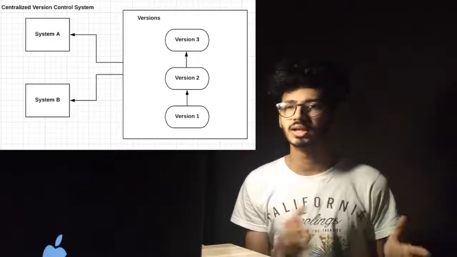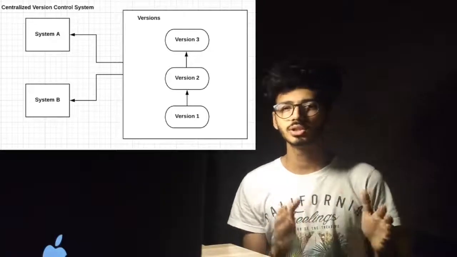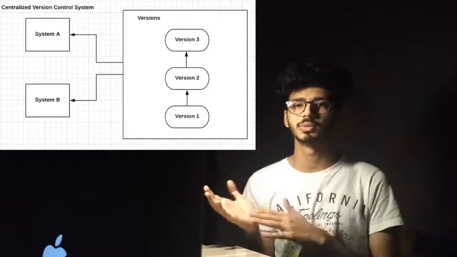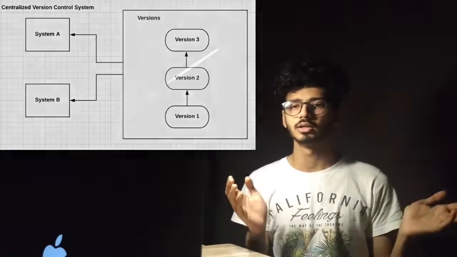The centralized VCS, also known as SVN, is usually a relationship between a server and a client, where data is sent from the client to the server and data is communicated and uploaded through it. Generally, you require an internet connection for this type of service, which is not advisable.